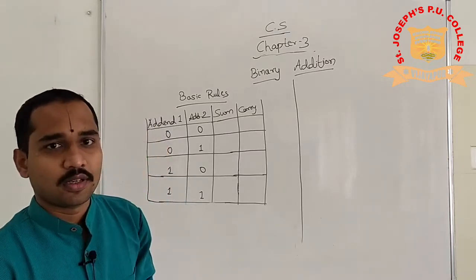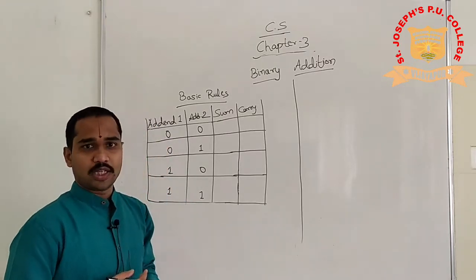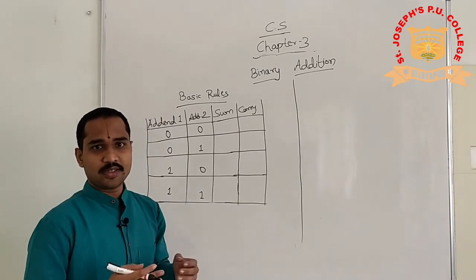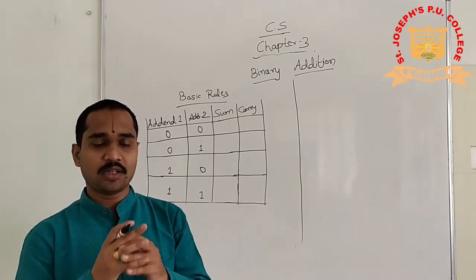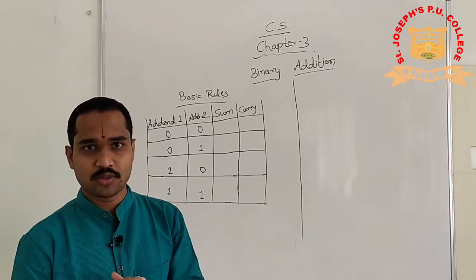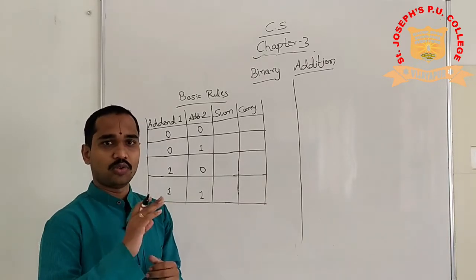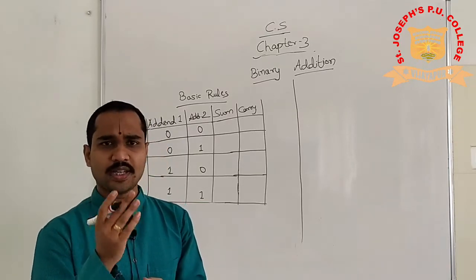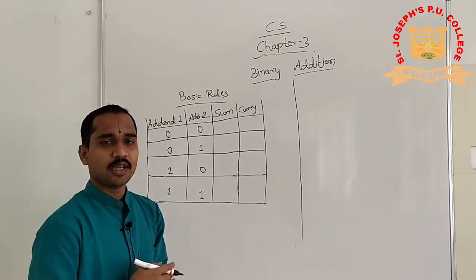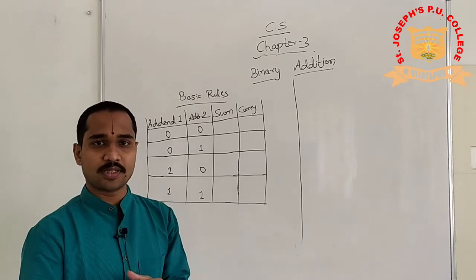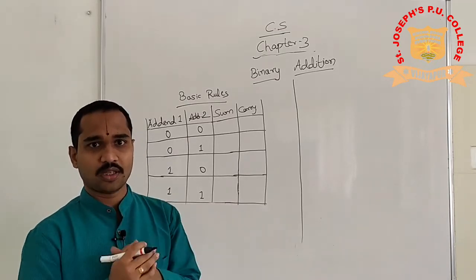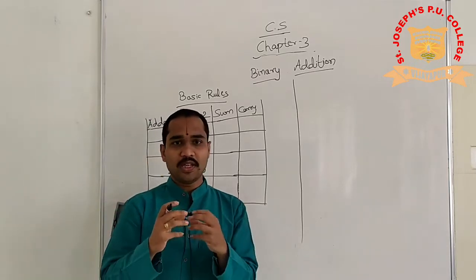Welcome students. As you all know, we were dealing with the third chapter, data representation. Till now, we have already completed all the number system conversions. We have learnt how to convert from binary or decimal to the other number systems, and also from the other number systems to the decimal number system. Now, having done everything, where do we need to concentrate?